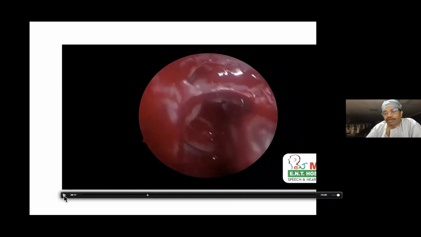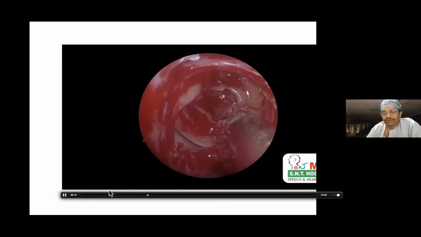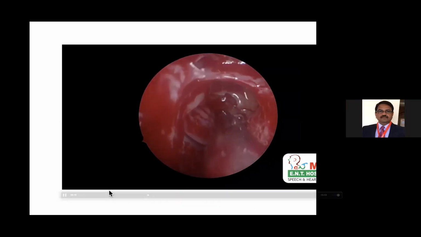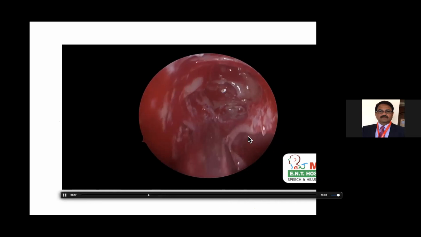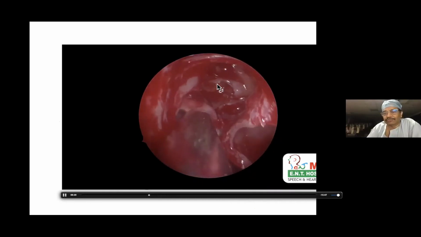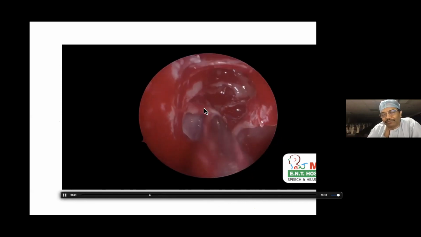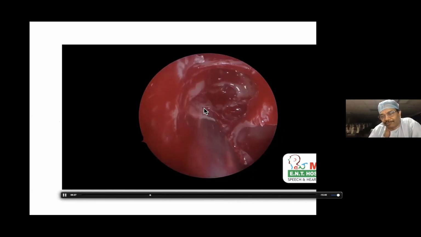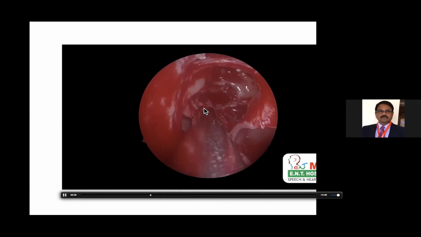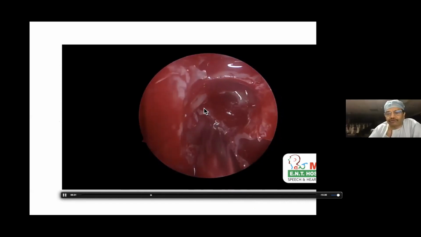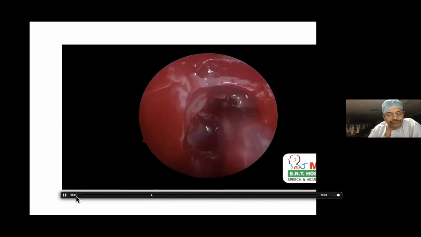And here, in the CT scan, we have seen there are 2 tiers of ethmoids, 2 rows of ethmoids. So that's what we have opened just now. This is one row of cells, and this is one. Now I'm removing the posterior part of the superior turbinate. Don't remove the anterior part of the superior turbinate, because that has the olfactory area and is also attached to the skull base.